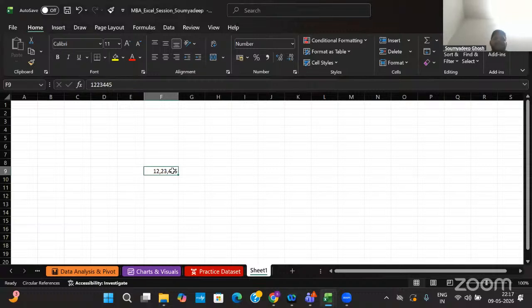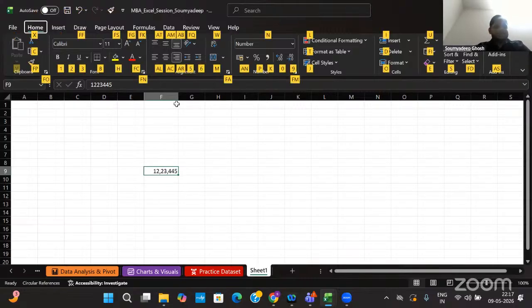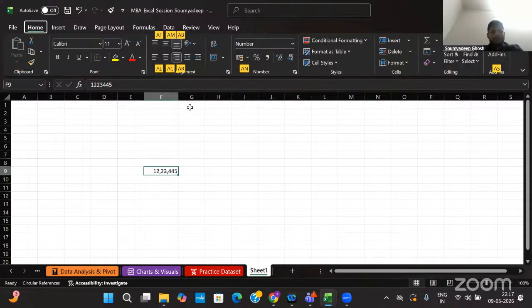Similarly, currently this cell is right aligned, right? And if you want to align this value to the middle, what will you do? One thing you can do is clicking this one. But another thing you can do: whenever in Excel, your power key should be Alt. If you click on Alt, you can see different options appearing on the ribbon pane. And if you click on Alt H, you can see all of the options are available now. Then just click on Alt AC.